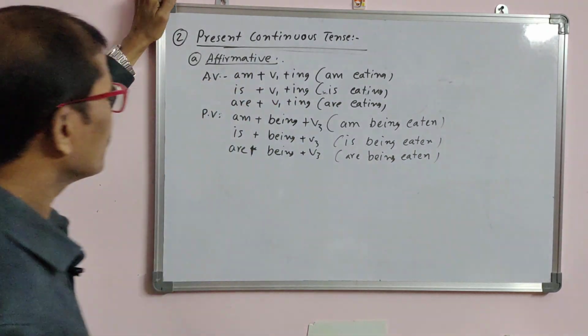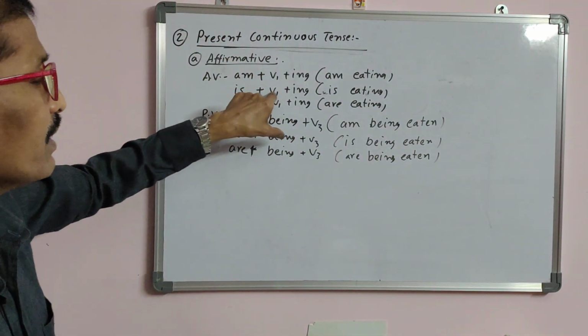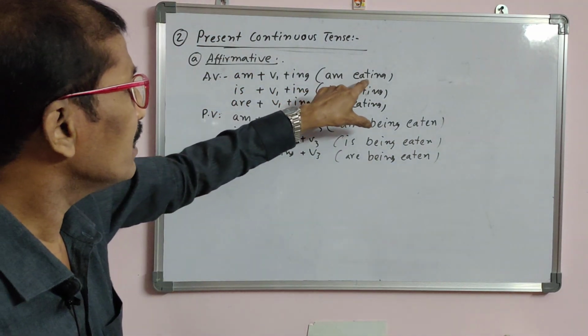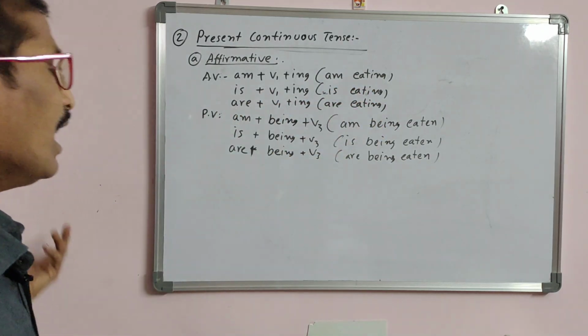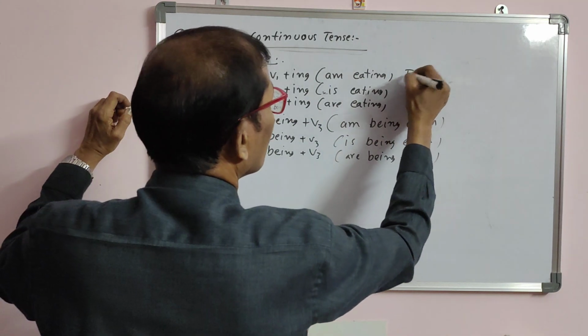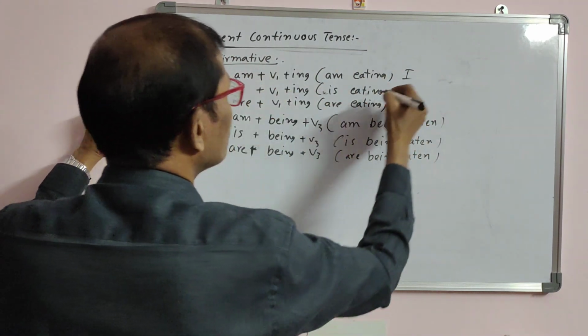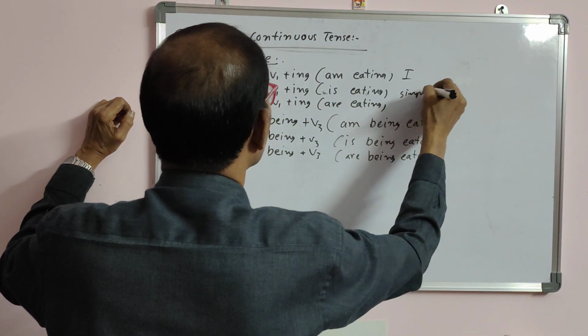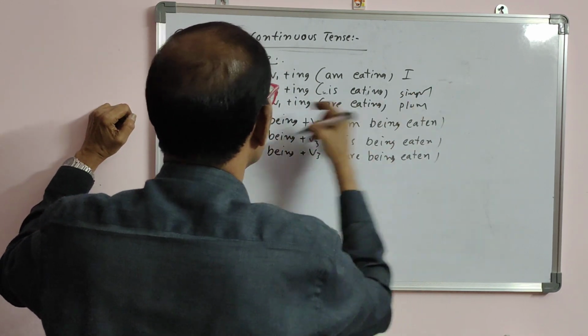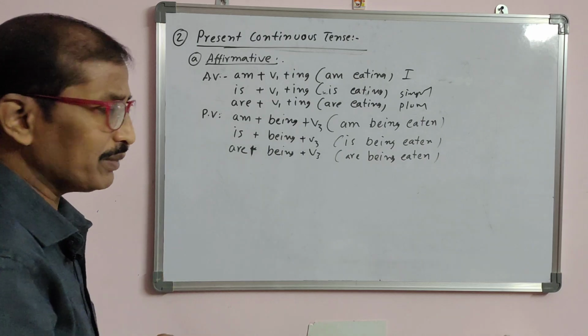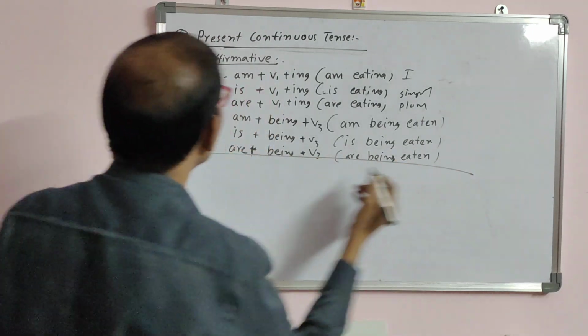Understand, my dear? Am, V1 form, ing: am eating, is eating, are eating. And of course, when the subject is I, we have to use am. For any singular, we use is, and for any plural, we use are. Same thing applies here. Let us see how it is in